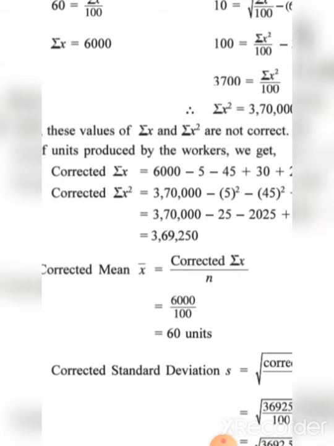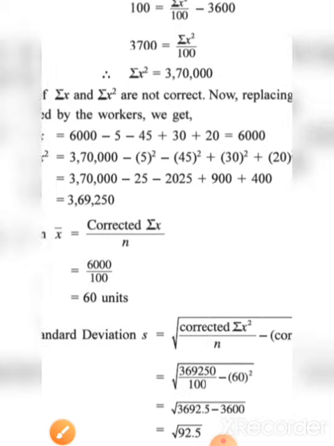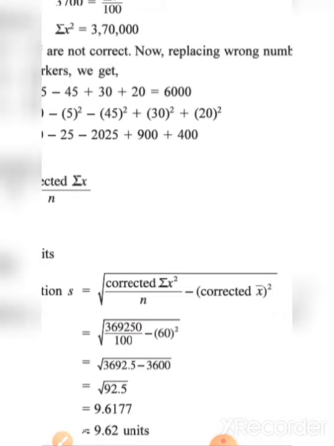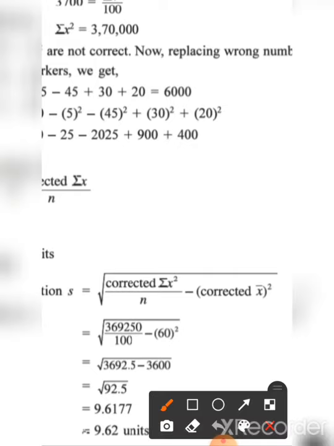Similarly, we are going to find out the corrected standard deviation. Obviously, for the corrected standard deviation also we need to have all the corrected figures. So your corrected S or standard deviation is equal to under root corrected sigma xi square upon n minus corrected mean whole square. As we have found out the corrected values, you are going to put them over here. First divide, then you will deduct them. It's coming up to 92.5, and as you do the root of it, it's coming up to